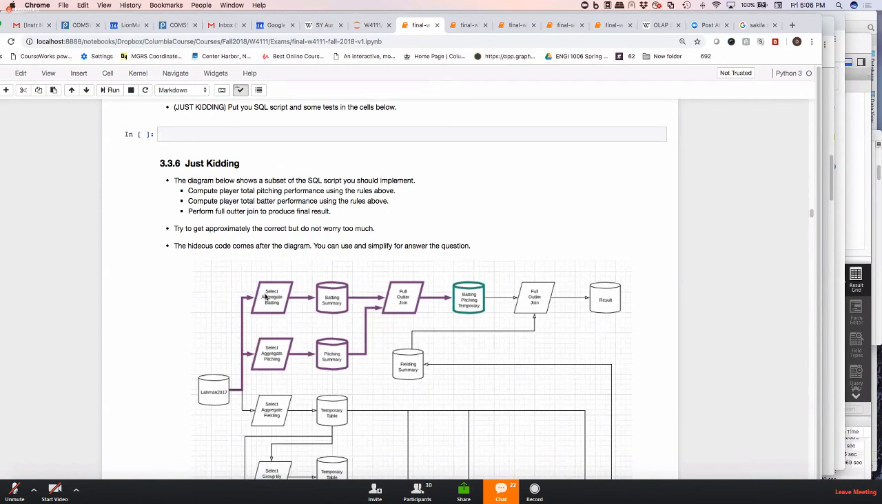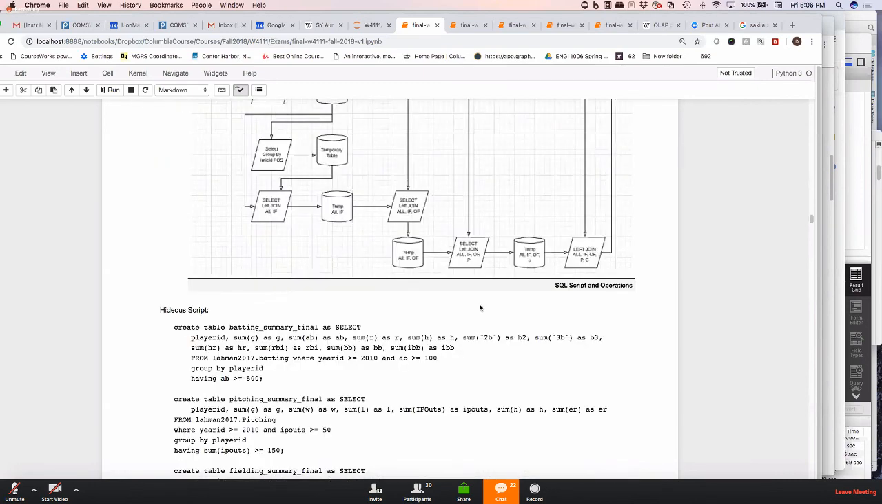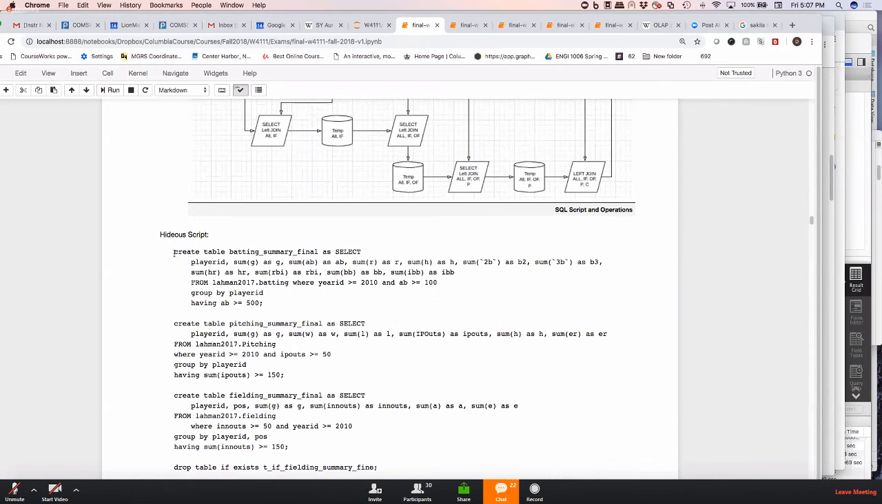So you need to basically do the select and group by for batting, the select and group by for pitching, the full outer join, and then produce the table. So this is the group by for batting. So create a table, batting summary final as, and I'm going to get the sum of the games, the sum of the at-bats, the sum of the runs, the sum of the hits, the sum of the doubles, the sum of the triples, the sum of the home runs, the sum of the RBIs, and the sum of the walks, sum of intentional walks,